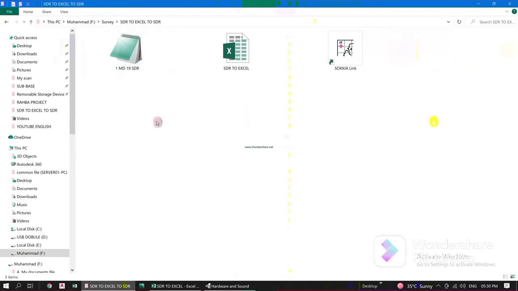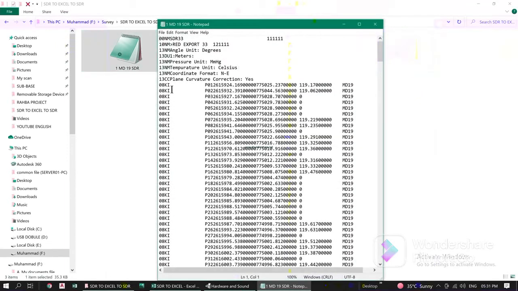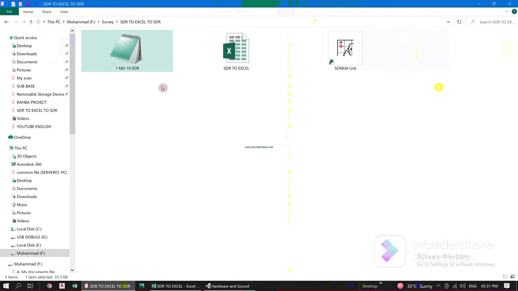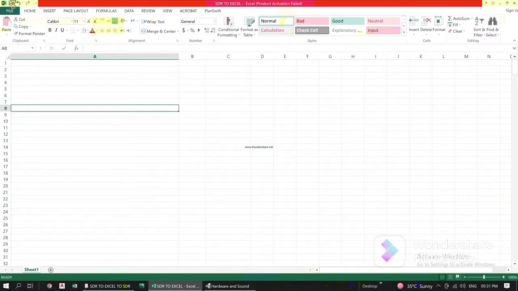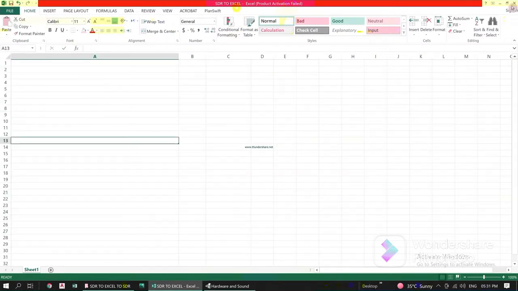Okay, we have the SDR file which I have copied from the total station. This one, the SDR file. So we have to convert this data, this SDR file to Excel. We need this empty file. When we make this empty file, then we have to open this data SDR file,